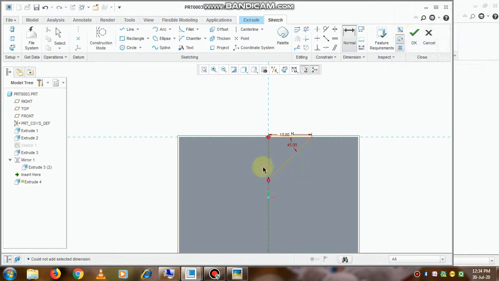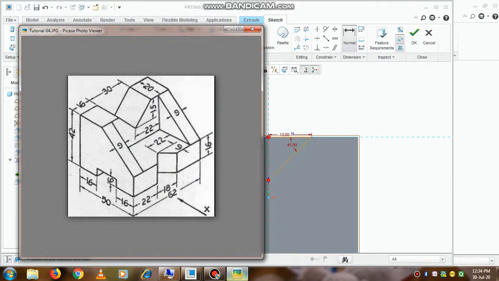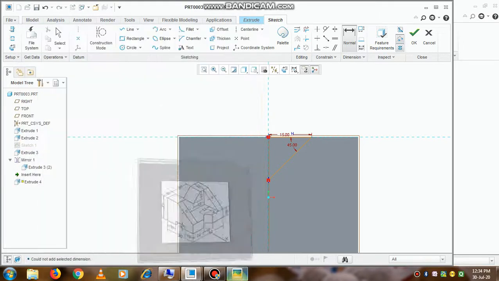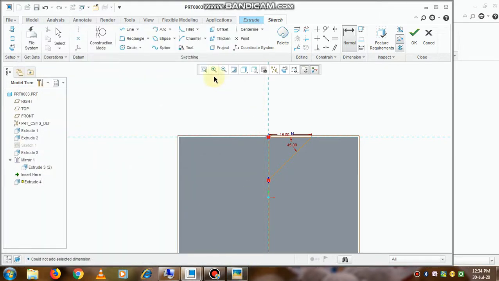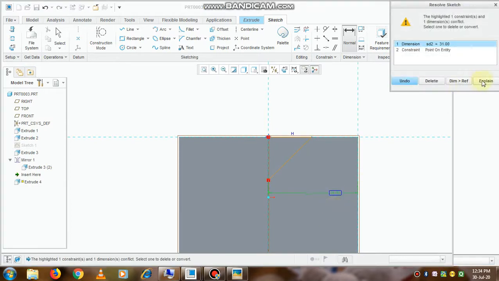I'm simply trying to measure it. So it is 15 by going into the dimension normal tab. So we can mirror it and then extrude it so that the slot will be created in a triangular shape. So this one is half exactly at the center.